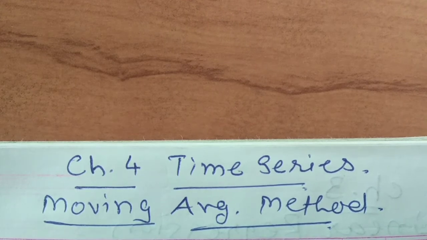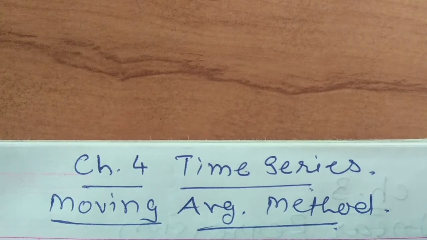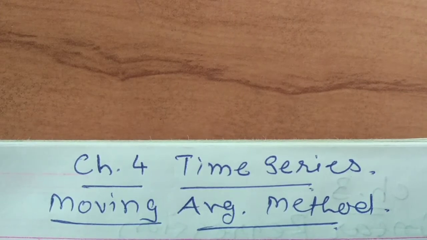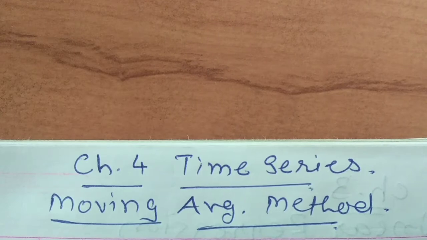We are here once again with the time series chapter number 4 of statistics, moving average method. This is our part of today's discussion. We have already discussed 3-yearly moving average, 5-yearly moving average, and today we are going to discuss 4-yearly moving average. The method is very simple. Just remember properly, the calculation is a must for this sum and 4-yearly moving average.